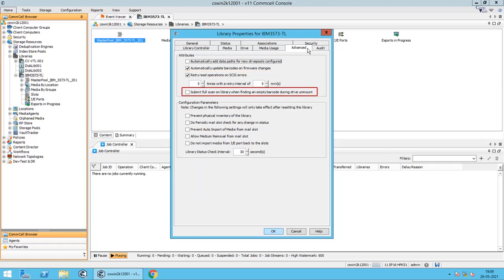Submit full scan on library when finding an empty barcode during drive unmount. Specifies whether a full scan of the library will be performed when an empty barcode is found while unmounting the drive. This is a troubleshooting option, which can be enabled in a library if you constantly find that the system indicates that the media is exported when requested by a job, but physically found in the library. Configuration parameters for the library, and any change to the configuration parameters will take effect only when the library is